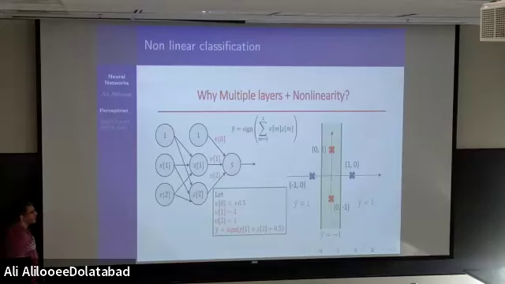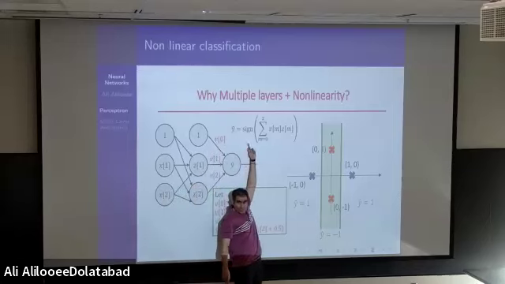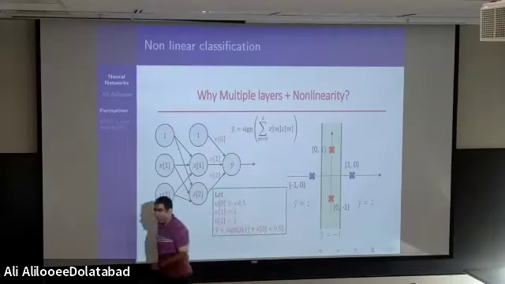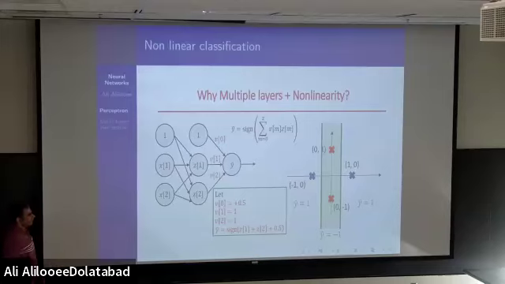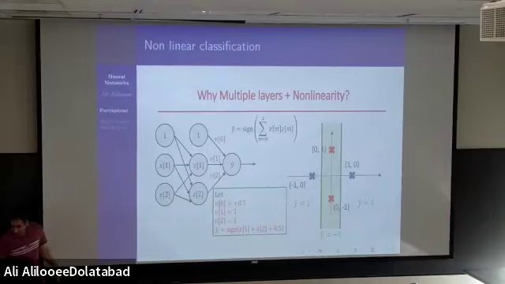I believe if you understand the concept of sine function, it is clear, because you can see that y hat is defined as sine of this summation. Therefore, since sine can output just -1 and +1, we can output just -1 and +1 by using the sine function. So that's clear.